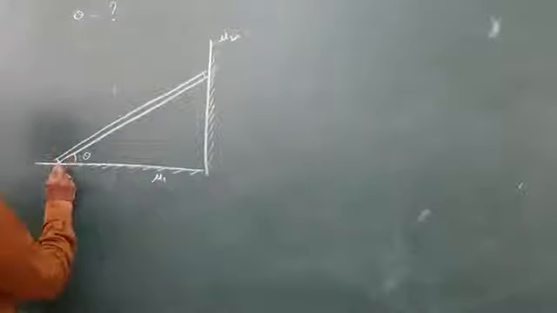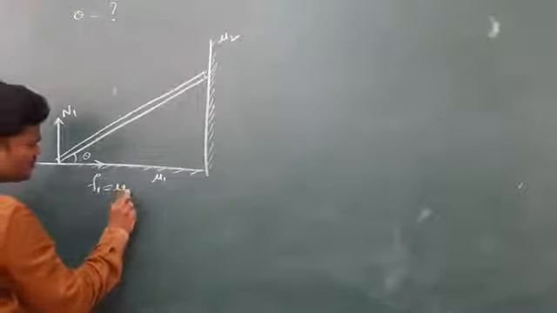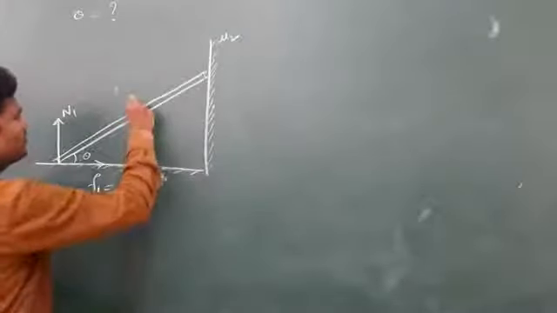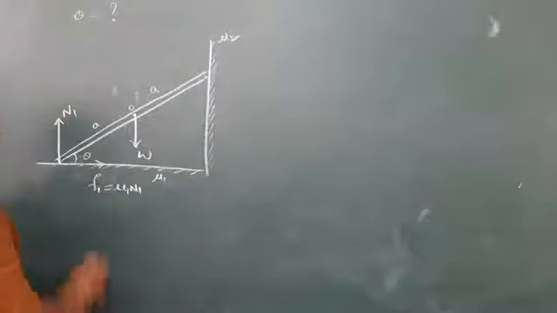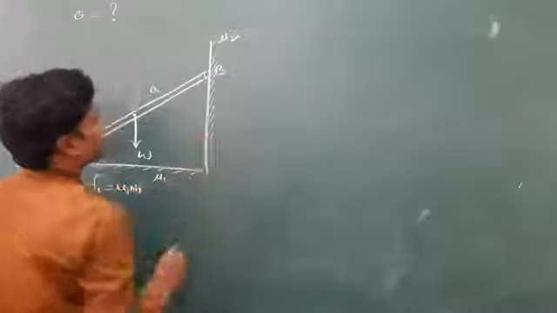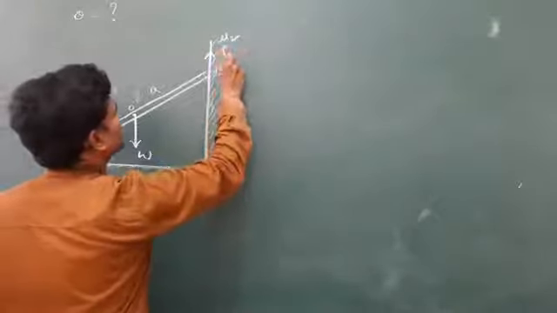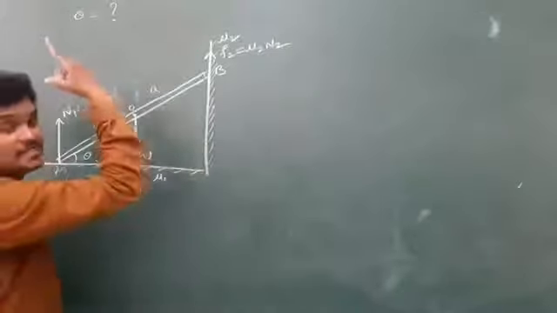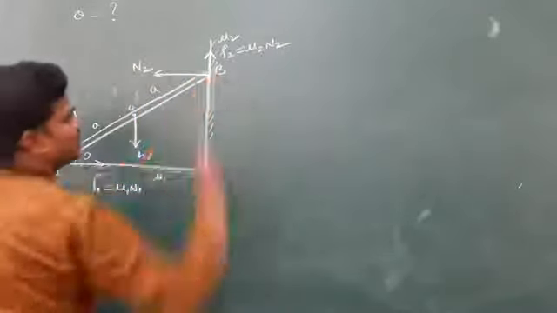Means some friction is needed. So here again the same process. This is N1, and here the frictional force is F1, which is equal to mu1 N1. The weight of the ladder is again W, and L is the length. This is A, this is A. Let us suppose this is A and this is capital B. And see, the ladder is ready to come down. So the frictional force here is F2, which is equal to mu2 N2, because the ladder is ready to move down. So the frictional force acts upwards, and the normal reaction force is N2 on the wall. Okay.